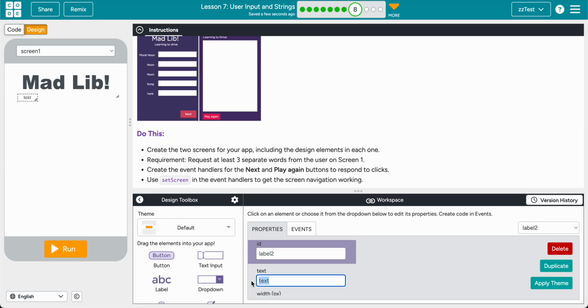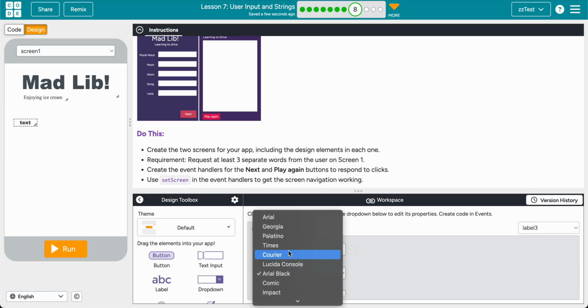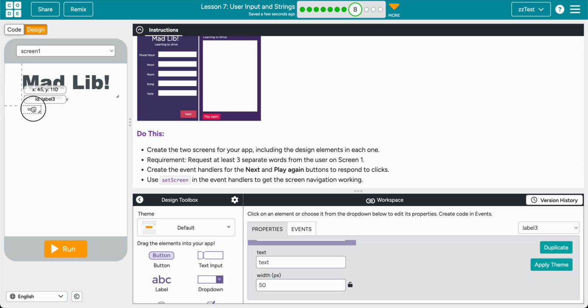Let's do enjoying ice cream. Okay, I need at least 3 separate words. So let's do like a flavor of ice cream. So that sounds like I might need an adjective. And I think I'm going to make this also Times. So let's call this